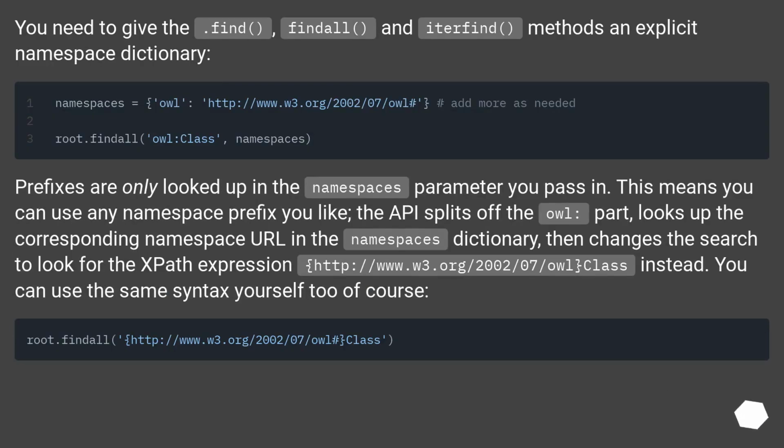You need to give the .find, .findall and .iterfind methods an explicit namespace dictionary. Prefixes are only looked up in the namespaces parameter you pass in. This means you can use any namespace prefix you like. The API splits off the owl: part, looks up the corresponding namespace URL in the namespaces dictionary, then changes the search to look for this path expression,